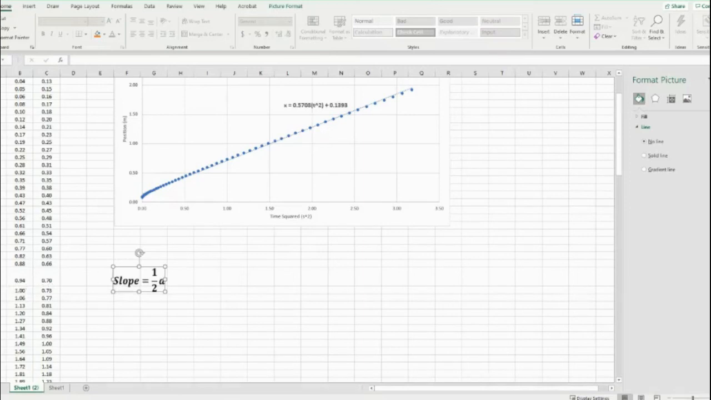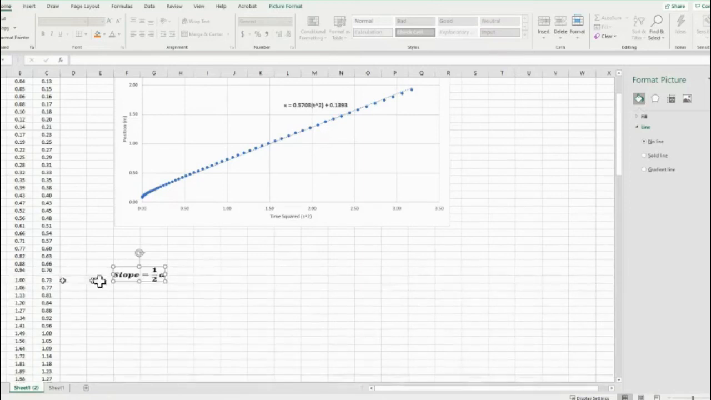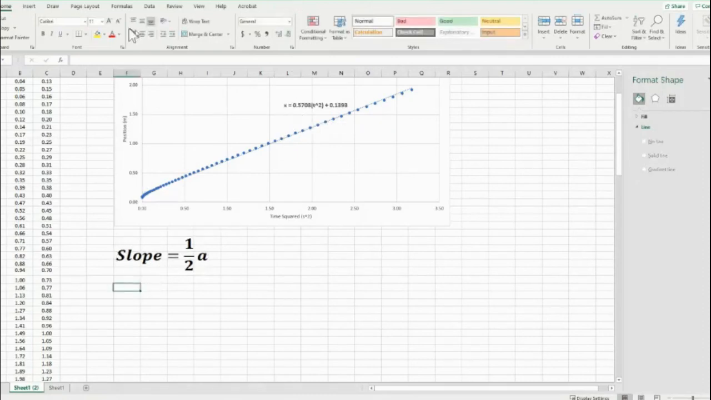Slope equals, I don't need that cell so wide. Oh, this is inside a cell. Huh. Should be able to do this. The slope equals 1/2 the acceleration. So in our case, the slope is, let's just type our equation in. Our slope is equal to, I guess I'll put it right in the cell, equals